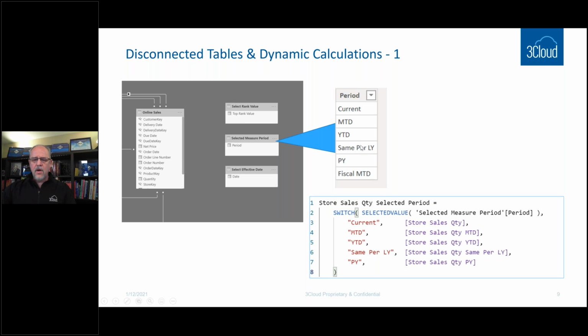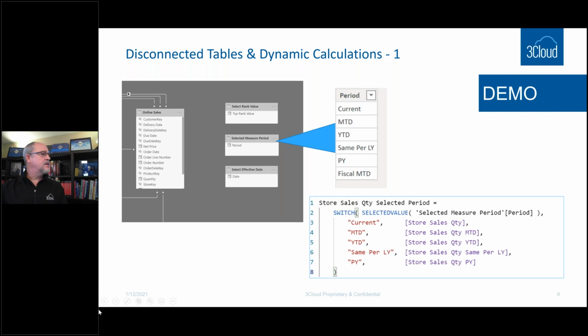Well, really the conventional approach is to create a table that allows me to select a period. Now, I'm going to create a measure for every one of these variations. I'll create a current measure. I'll create a month-to-date measure, a year-to-date measure. These are really just variations of the measure. So the first thing I'll do is create a measure called store sales quantity. And then I could use that to do my month to date, my year to date, et cetera. And there are either DAX functions that make that very simple, or we can use some DAX logic to explicitly do things like matching fiscal periods and that kind of thing. And I'll show you this example now.